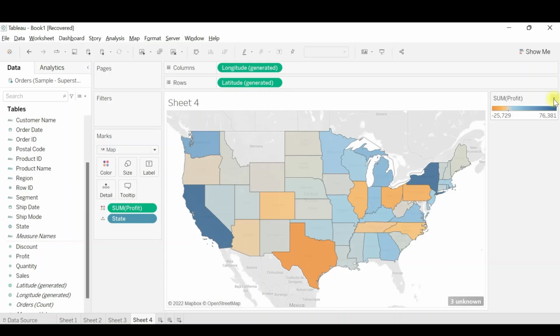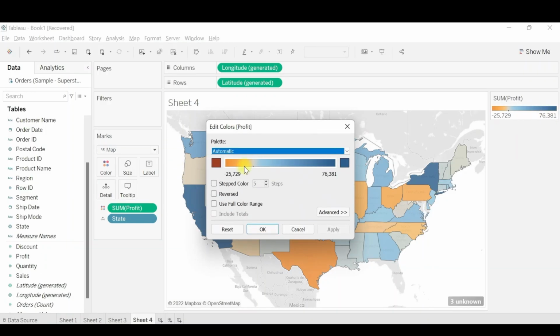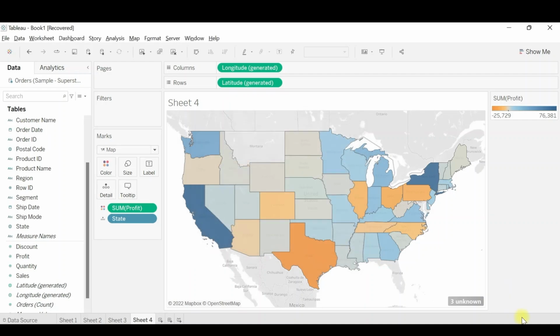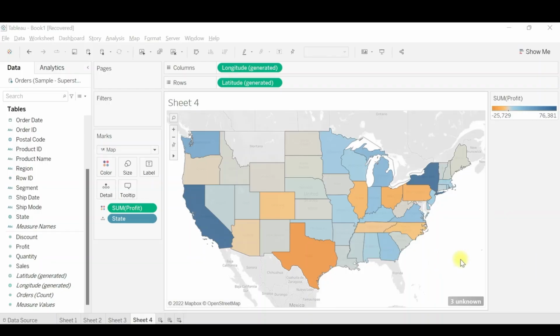Now Tableau also provides an option to change the color coding. You can click on this small arrow, click on Edit Colors. Again, that colors screen pops up, which is very familiar, as we have learned previously how to modify these. We can make the selections and click on OK as per our requirement. Now let's see one more interesting feature here. When I see this map, I'm not able to take any insight from it.